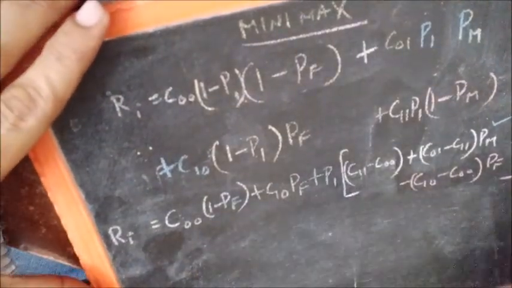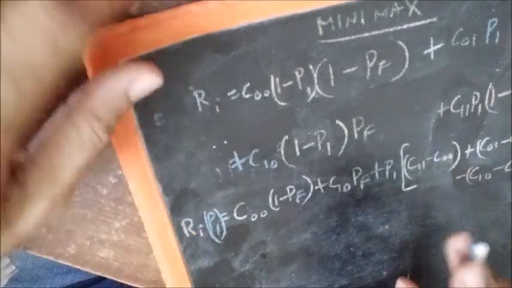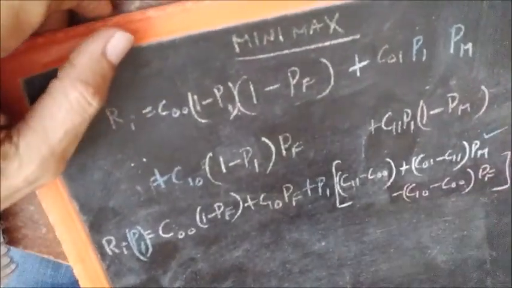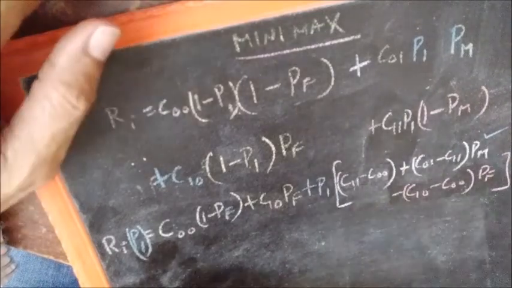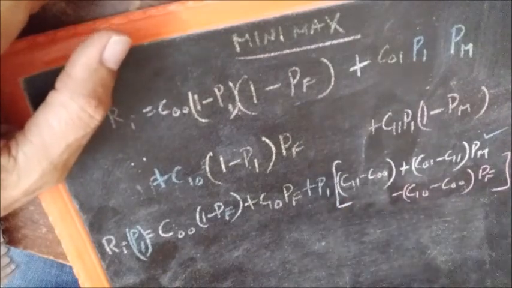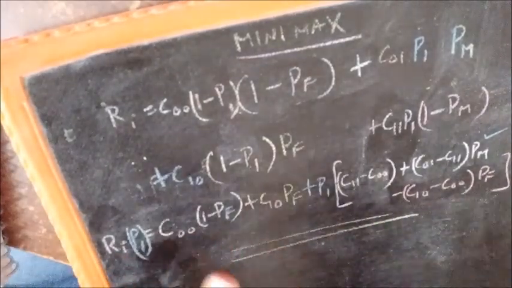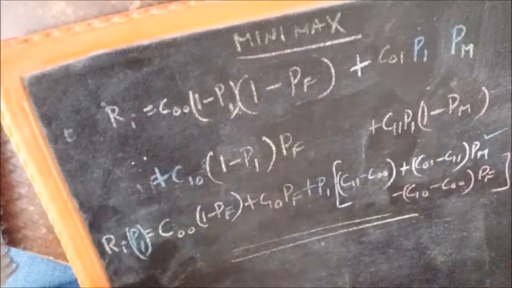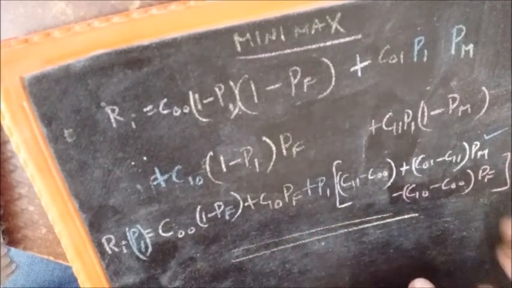Now risk becomes only a function of P1 in this case. So I reiterate, PF and PM are fixed once you fix eta. Cost is already fixed, and now this risk becomes a function of P1 alone, because you don't know what P1 is. Right, now this is with this equation for the risk, which is expressed as a function of P1. So now we are able to assess what will be the risk as P1 varies when the cost and the eta are fixed. And when eta is fixed, as I said, PF and PM are fixed.